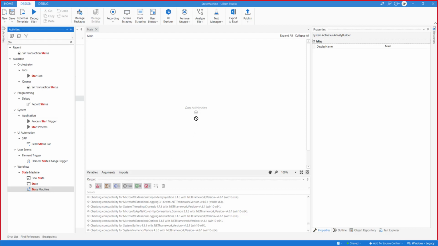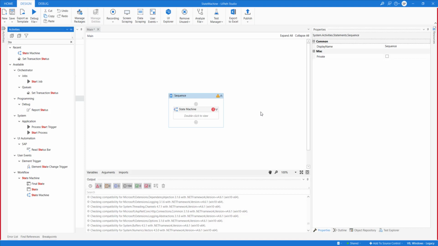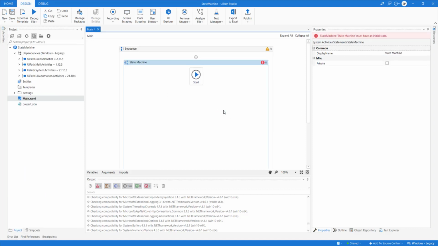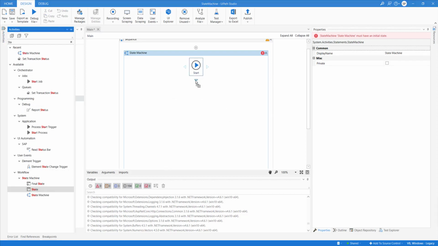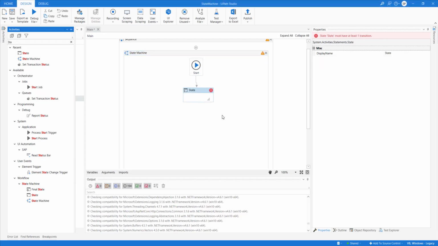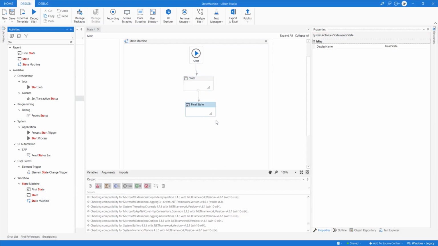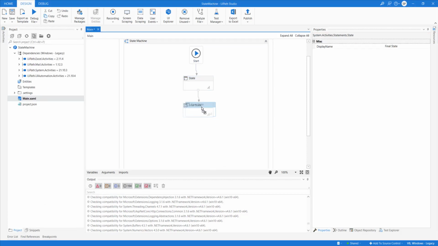The first thing you need to drop is the state machine. When you drop a state machine, there will be a start. Next, you need to define another state which is coming from this one, and then at the end, you can define a final state.